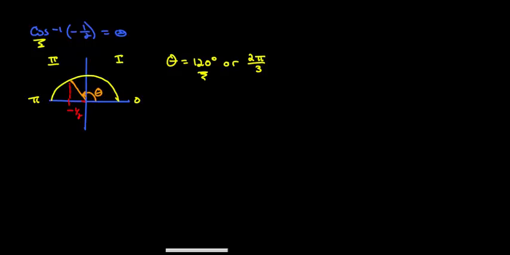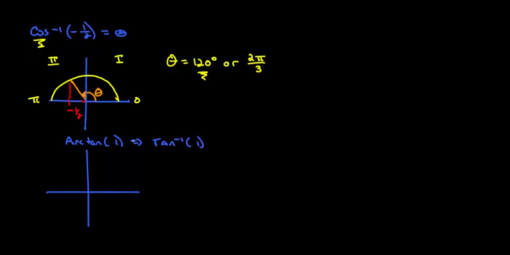For example number 7, I'll do them both here at the same time. They want the arctangent of 1. So again, we can draw out our picture. Write down arctangent of 1. Now remember, arctangent of 1 is the same as writing this. Okay, so these guys meet each other. So in words, what this says is find an angle